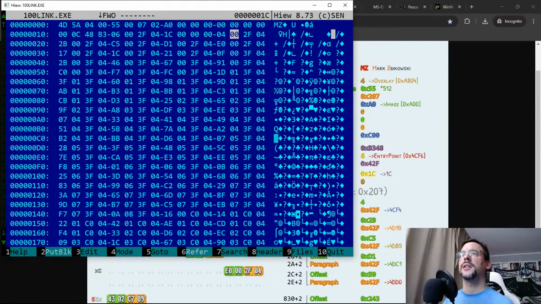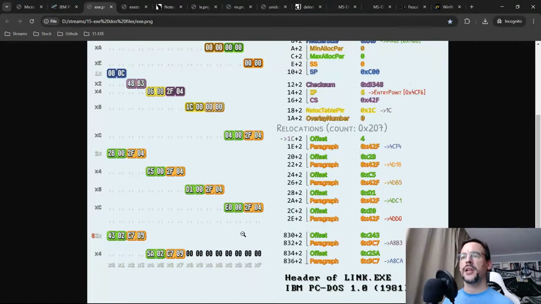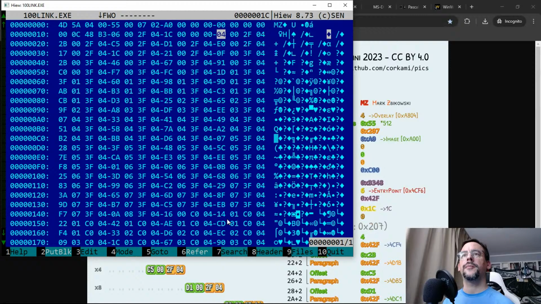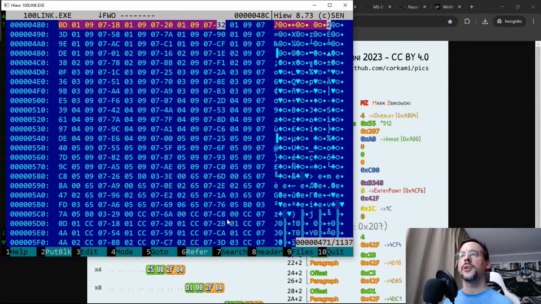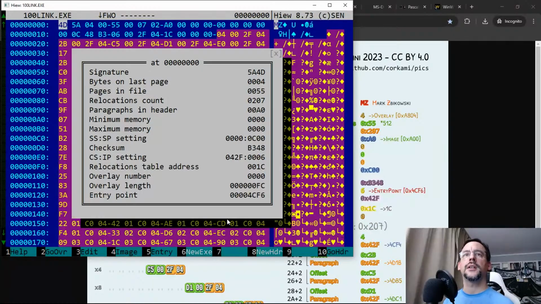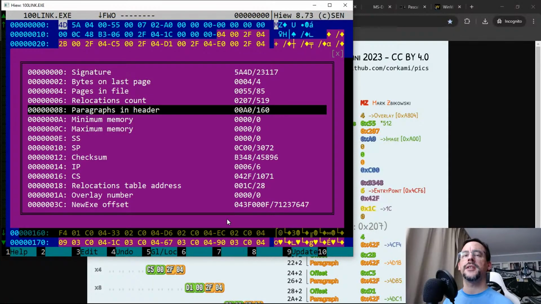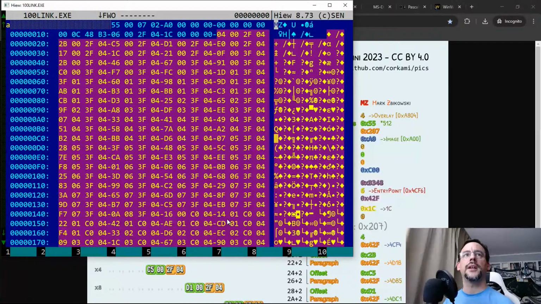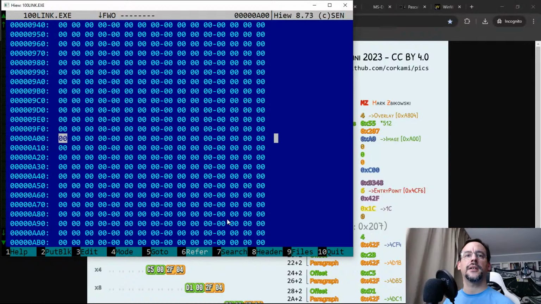So 1C is here, and each relocation is 4 bytes, as we can see. It's a long relocation table, and this is why the header is so big, at A0 paragraphs. So it's easy, shift one more digit in hex, and that gives you A00. That's the end of the